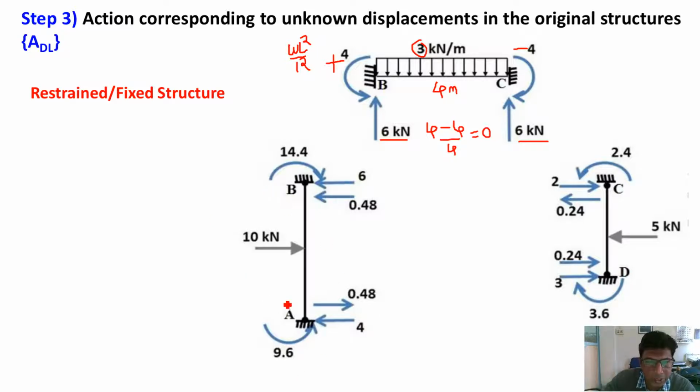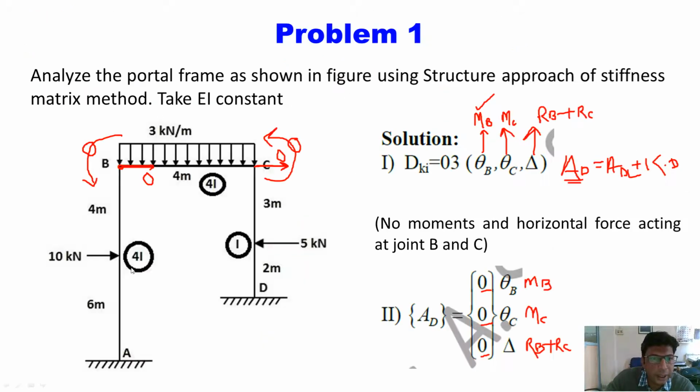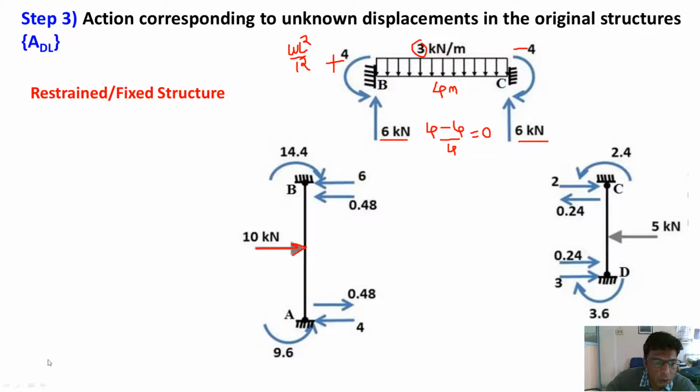Now the left column. If you look at the left column AB, a point load of 10 kilonewton is acting at the given dimensions. If you look at the given frame, it is 4 meter on the top and 6 meter on the bottom. Now, to observe the three members, always remember that the observer is always inside the frame. We are observing the members from these directions, right, like this.